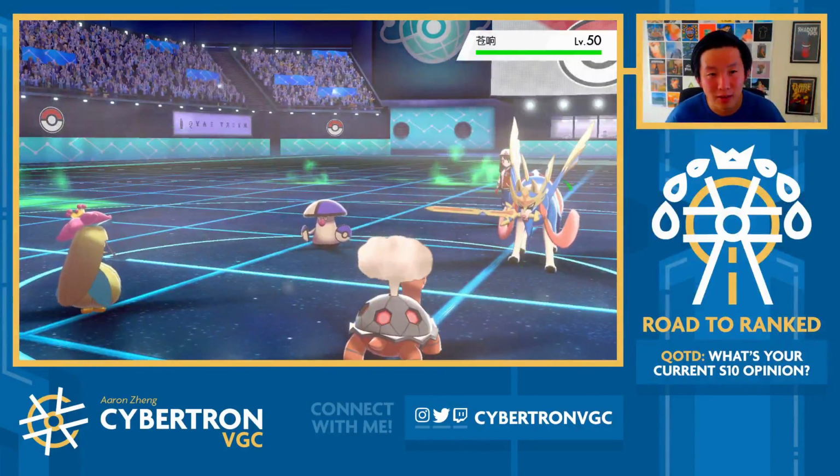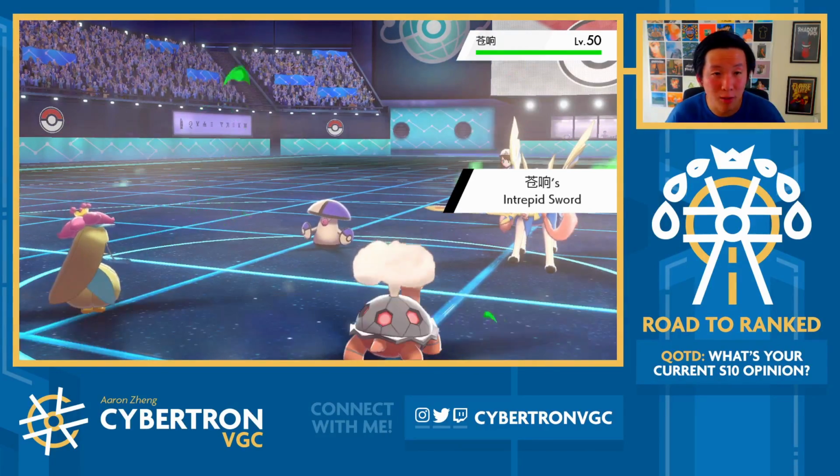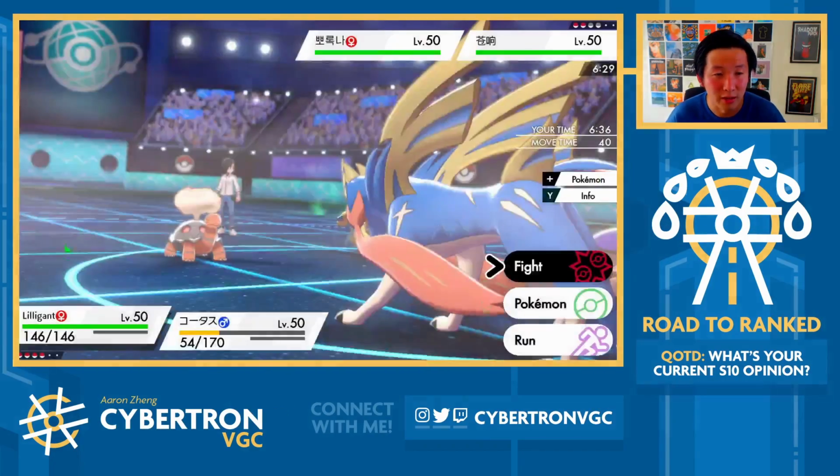Perfect. So this is why Torkoal is actually a really interesting meta call right now. Obviously, it's really slow, so it's like, okay, well, if you wanted to outspeed things, normally Trick Room is the answer. It's the primary answer, but Lilligant also works really well. And yeah, I think here...